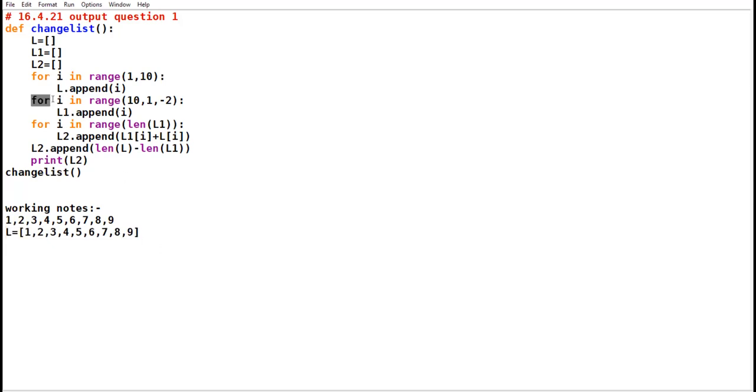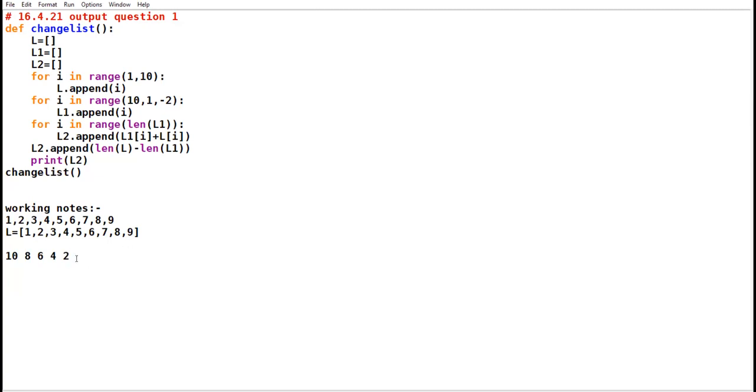Now, second for loop. I in range, starting value 10, ending value 1 with -2. -2 means the loop runs in reverse, a decrement loop, each time subtracting 2, and whatever elements come have to be appended to the L1 list. So in the second stage my elements will be 10, 8, 6, 4, 2, up till here.